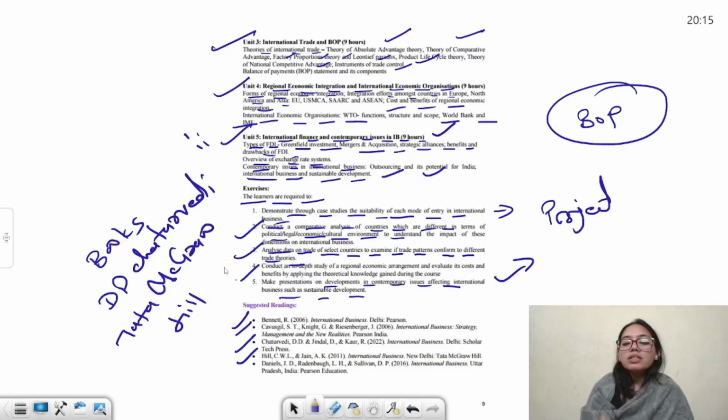And to conclude, this subject will help you not only in the exam but also in your professional journey, as international business in today's world is inevitable. So let's approach this course with curiosity and determination, and it will open the door to understanding the world economy and your role in it.